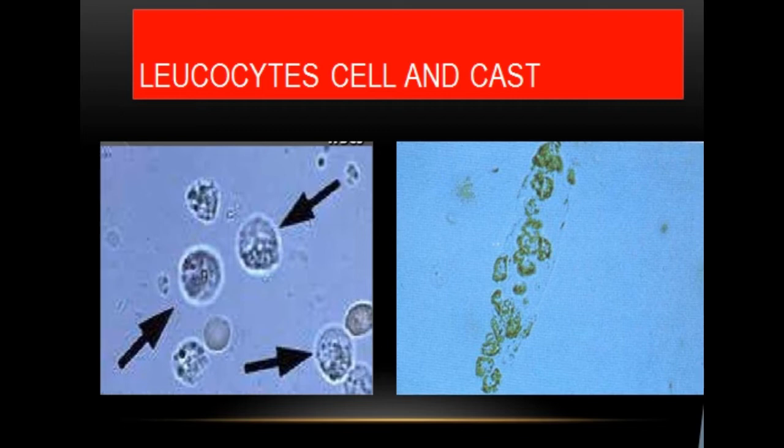And these are leukocyte cells. When they are fewer in number, they will be shown in the urine microscopy just like that. If they are more in number, then they will accumulate and form a cast, and they will appear on the slide just like this. You can easily distinguish. And the previous figure also confirmed that they may contain the leukocyte cast, not the hyaline cast.